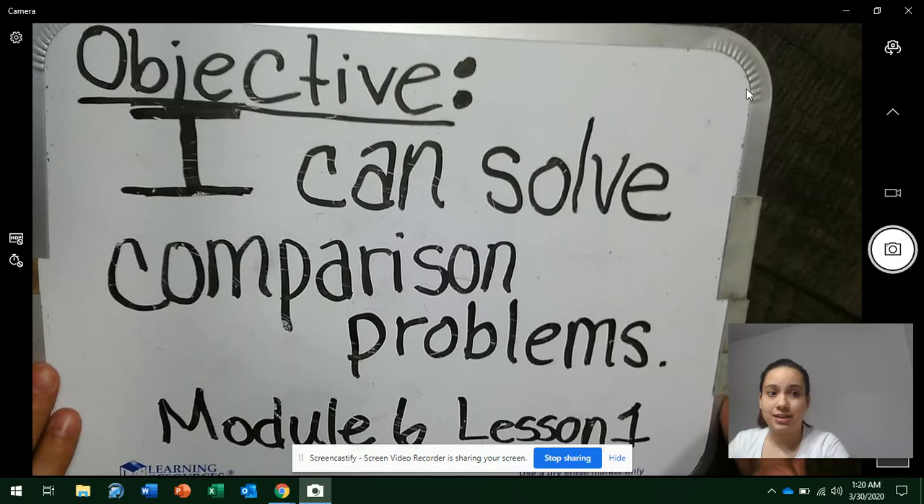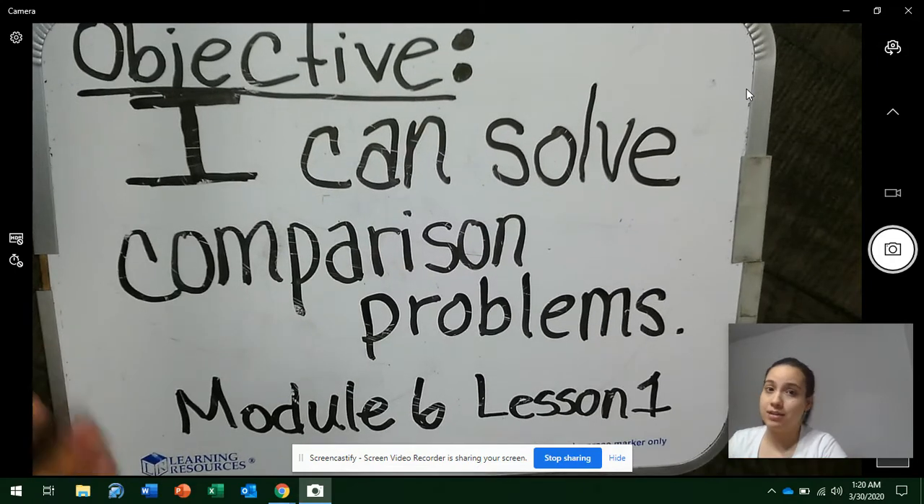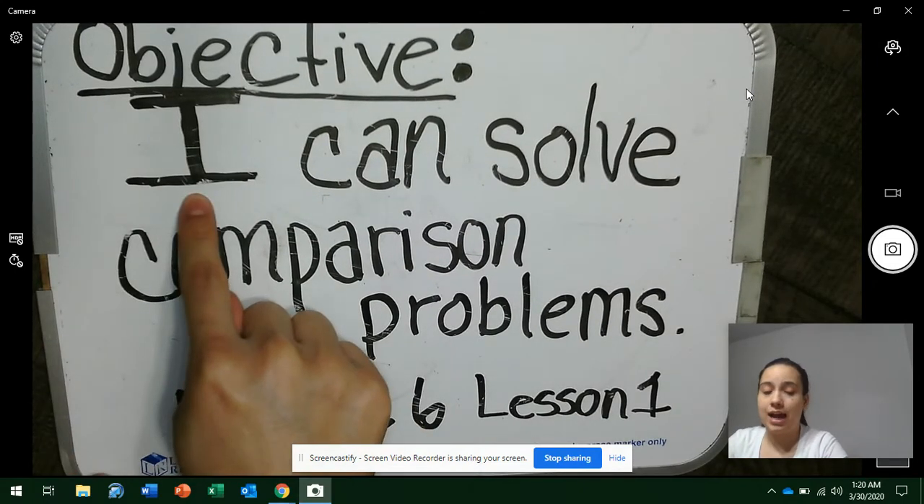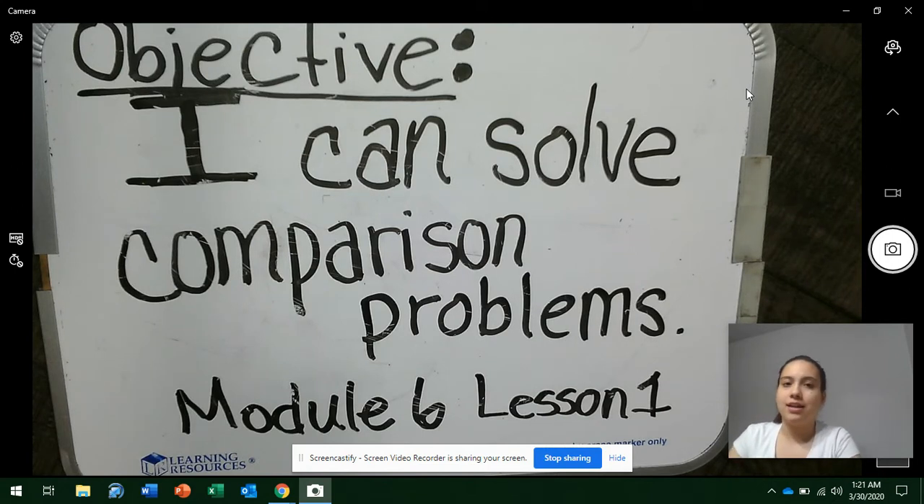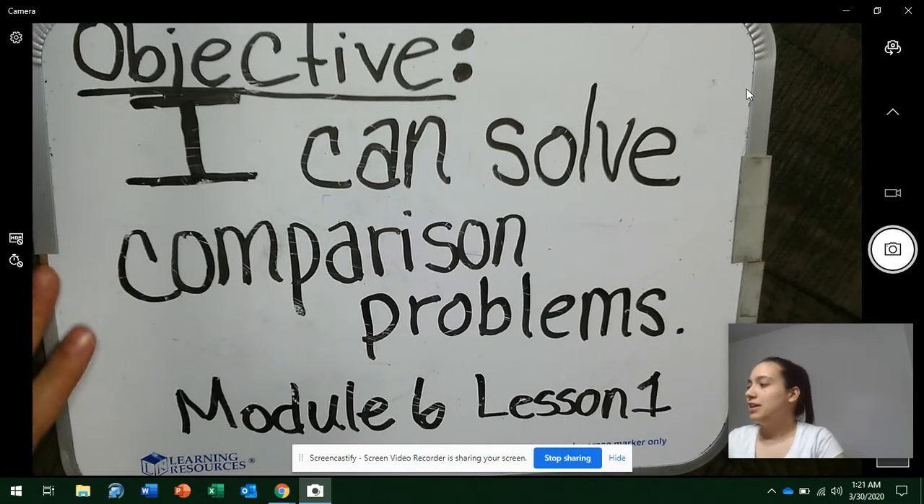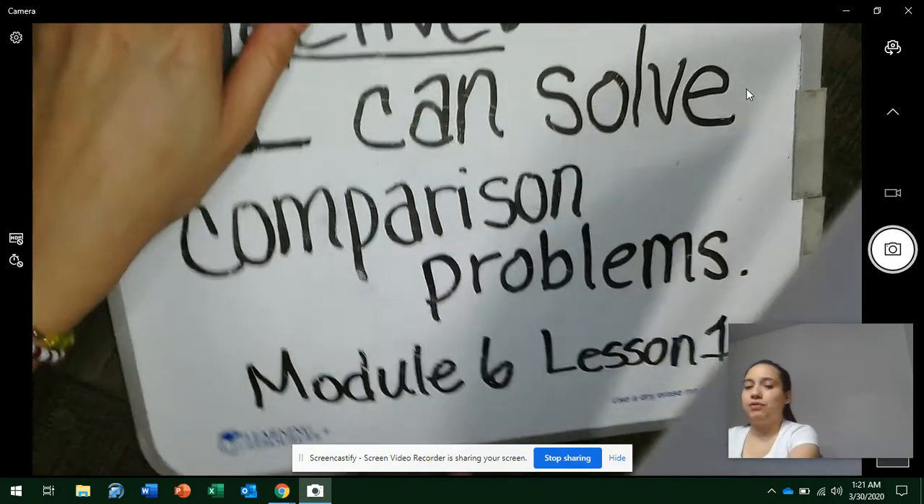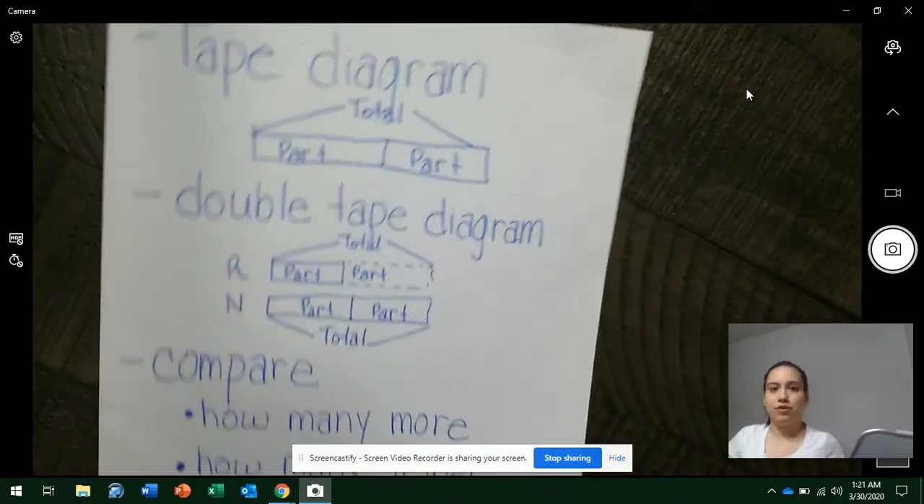Today, our objective, that means our goal by the end of this lesson, says I can solve comparison problems. So by the end of this lesson, we should know how to solve comparison problems. And even if we still need more practice, we will go over it in lesson 2. So let's begin. Before we begin, we're going to go over some math terms, some vocabulary that we're going to